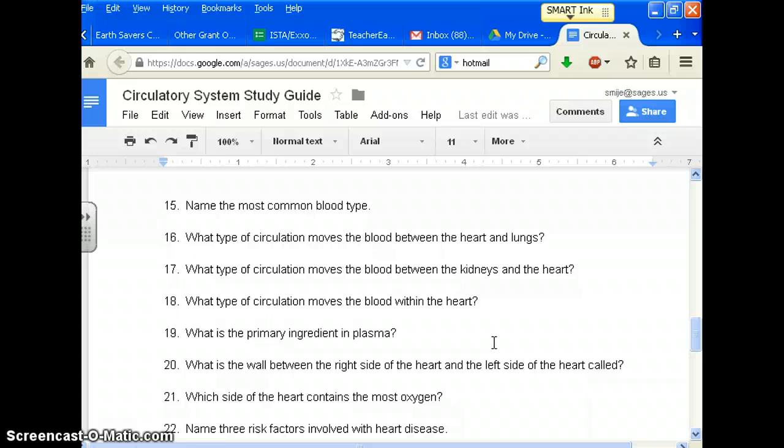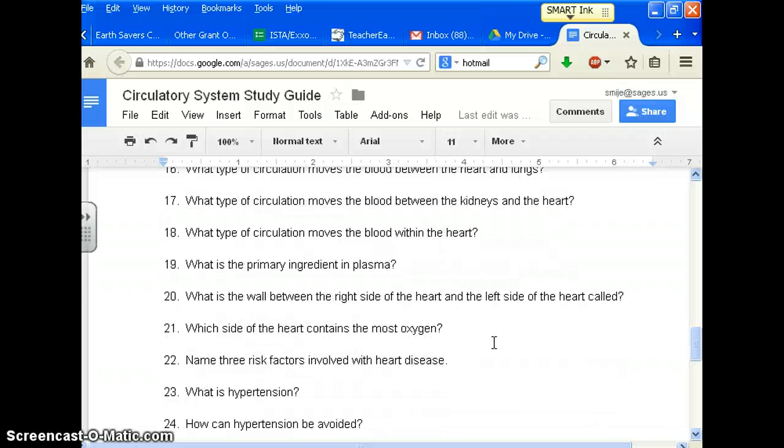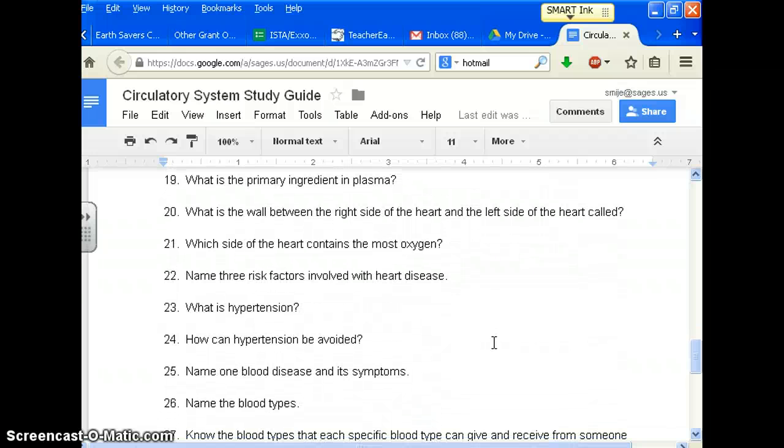The primary ingredient in plasma is water. And the wall between the right side of the heart and the left side of the heart is called the septum. The left side of the heart contains the most oxygen. Some risk factors for heart disease. Heart disease could be genetic. It can also be a risk factor to smoke, to have a poor diet, to be obese, or to not